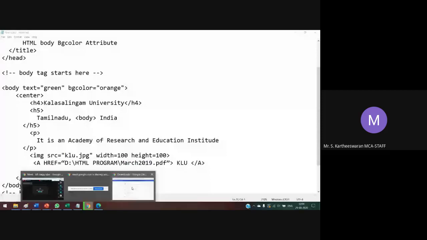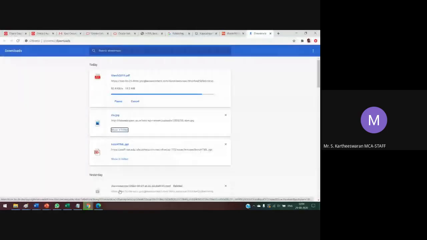Still downloading. I think no size is greater than 20.